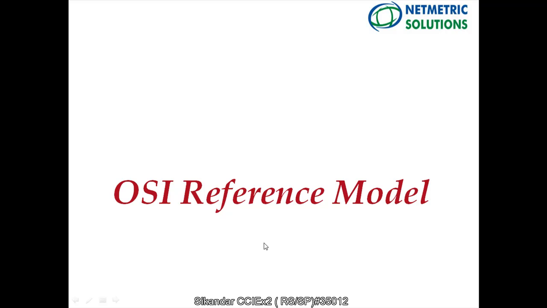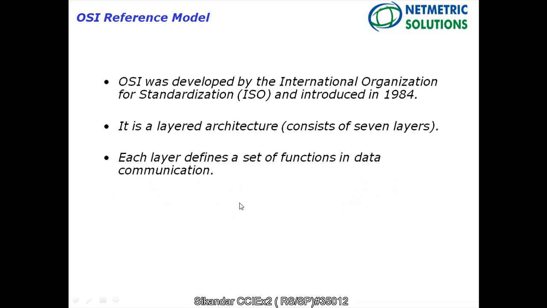So in this video, we are going to discuss the OSI reference model. OSI stands for Open System Interconnection. It is a reference model which was developed by the International Organization for Standardization, ISO, around the 1980s. Now, the main intention of this OSI model is to define how the communication happens between two or more